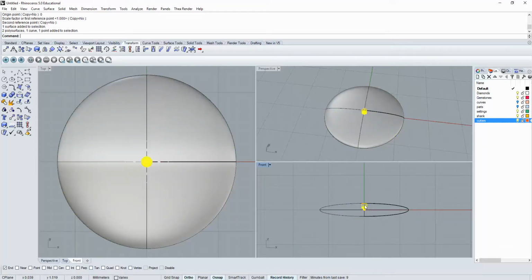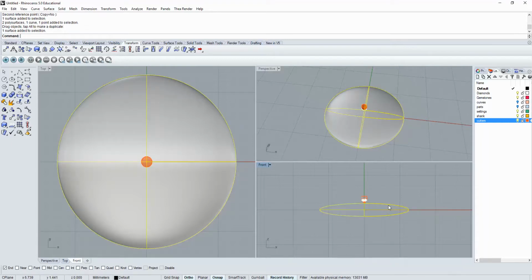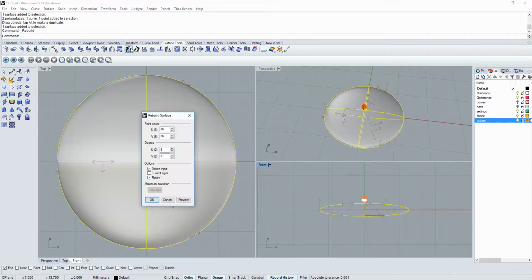And then I can either move my cutter and my gem up, or I can move this down. It doesn't really matter. Excuse me, and I'm going to rebuild it. And that's our little hammer friend there. And I want 12 was what I did for this, but again, you can do 8, or I would keep